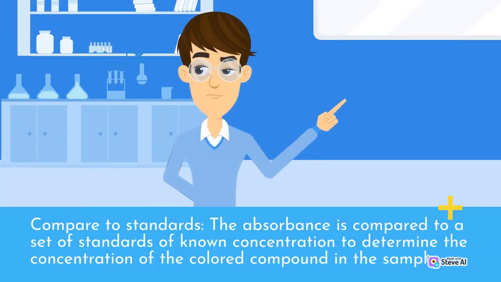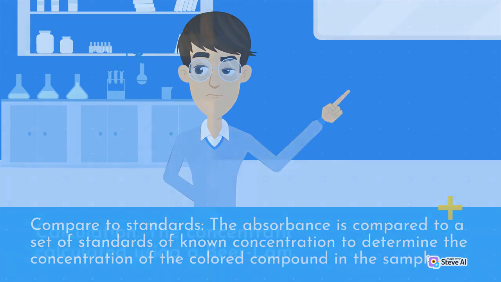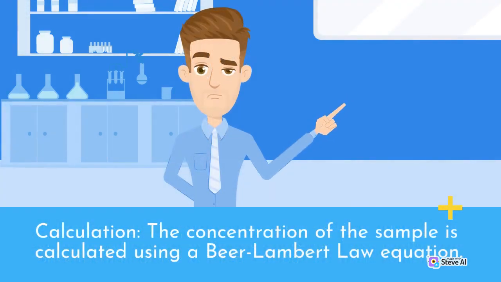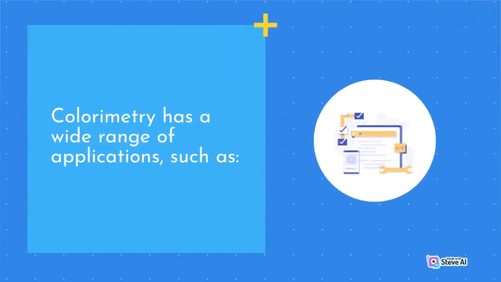Compare to standards. The absorbance is compared to a set of standards of known concentration to determine the concentration of the colored compound in the sample. Calculation. The concentration of the sample is calculated using the Beer-Lambert law equation. Colorimetry has a wide range of applications, such as